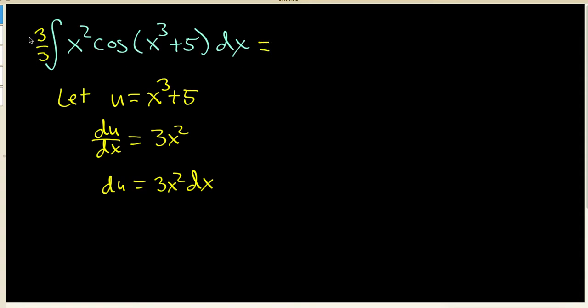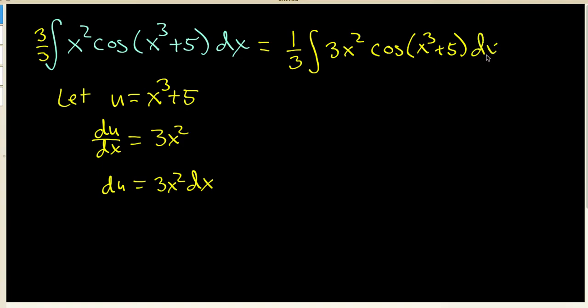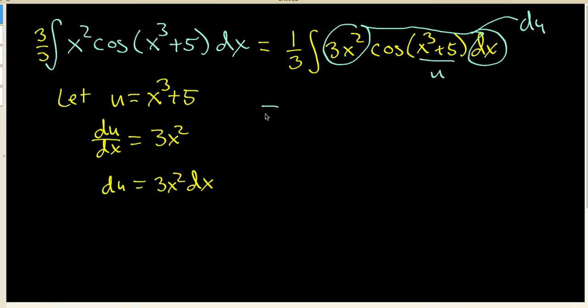I am going to bring the top 3 in and rewrite this integral as 1/3 times the integral of 3x squared times the cosine of x cubed plus 5 dx. And now it is a matter of realizing that these two chunks together form a du, and this itself is a u, so we can rewrite the integral as 1/3 times the cosine of u du,